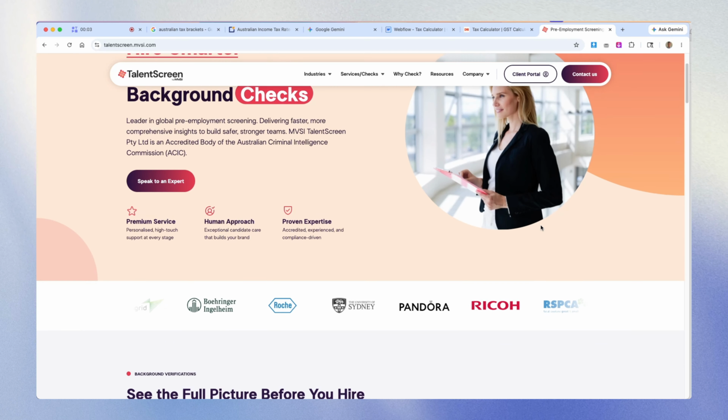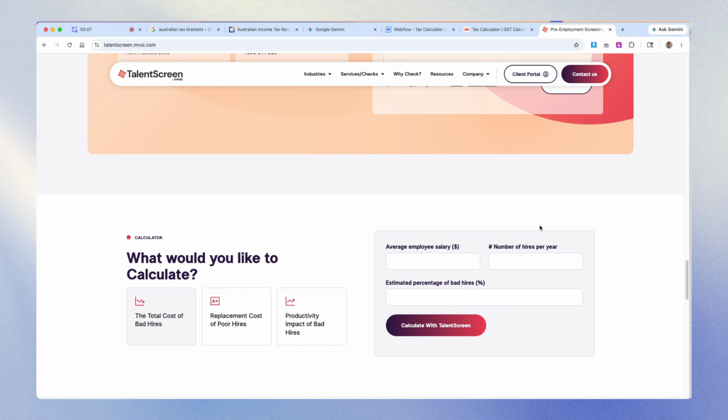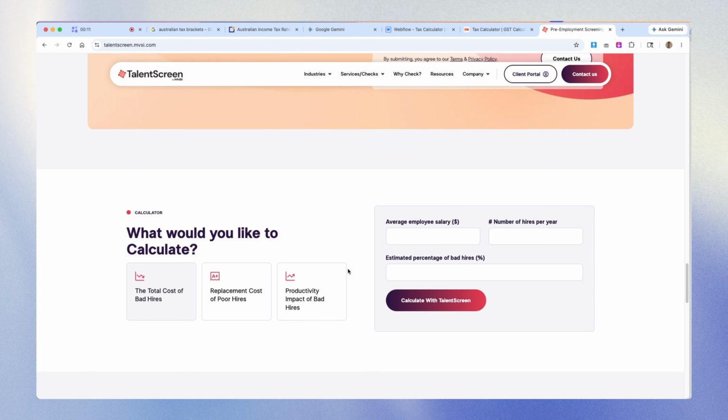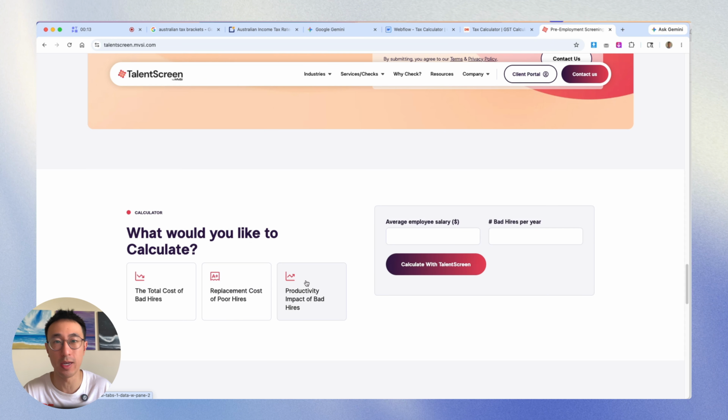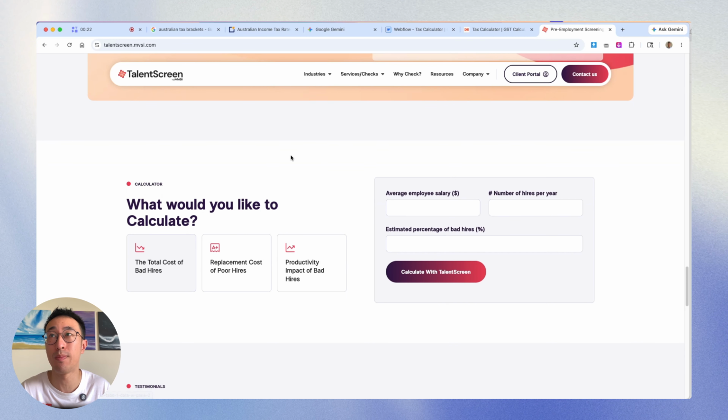In this Webflow tutorial, I'll teach you how to create a calculator in Webflow using AI. It's much easier than you think, although this specific tutorial is for intermediate to advanced people who are comfortable with using custom code, which I've already created a tutorial on in the past. So let's go ahead and take a look at an example website,